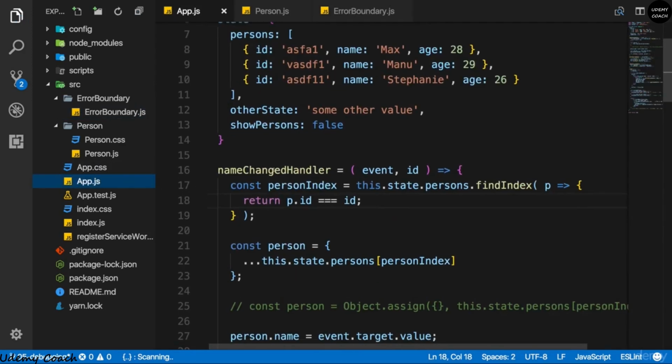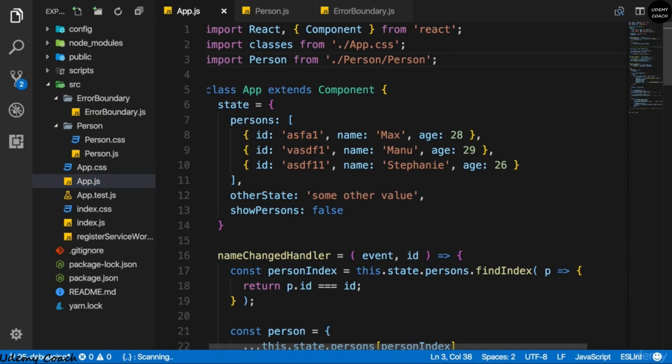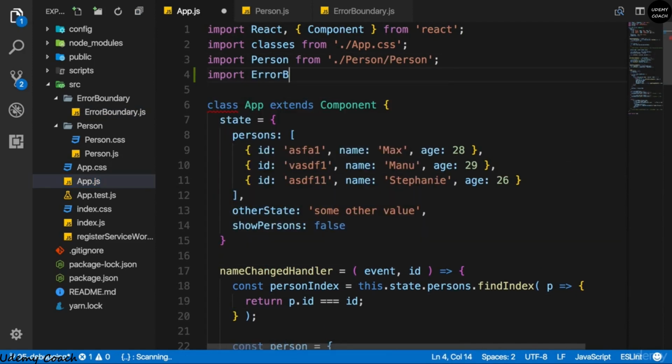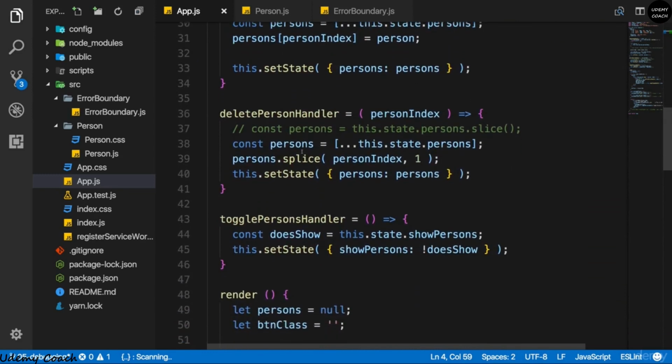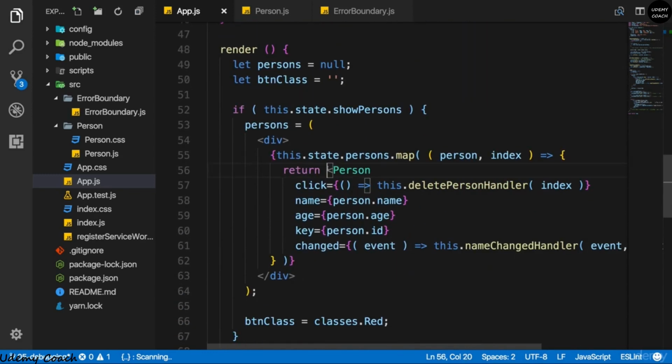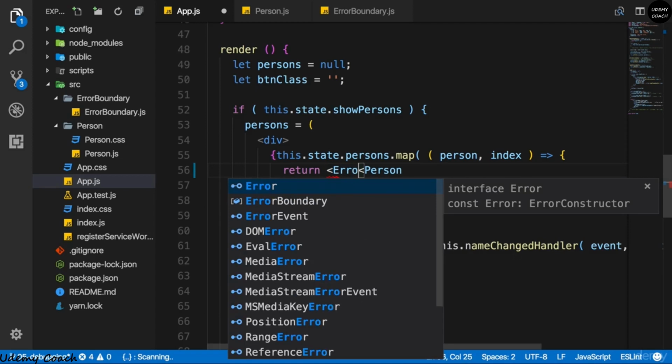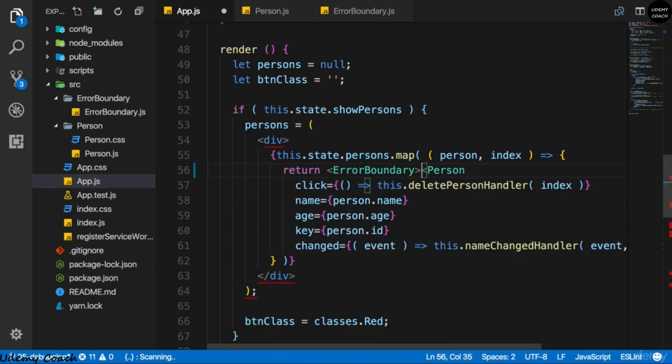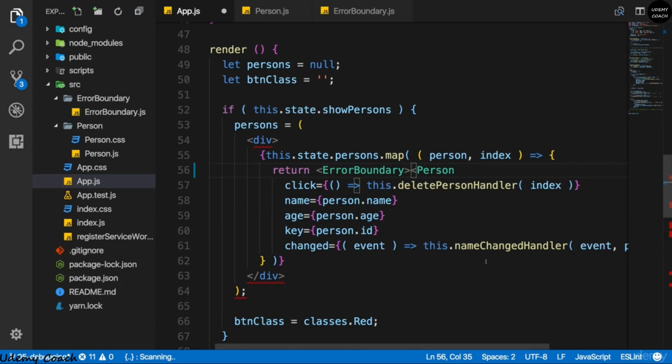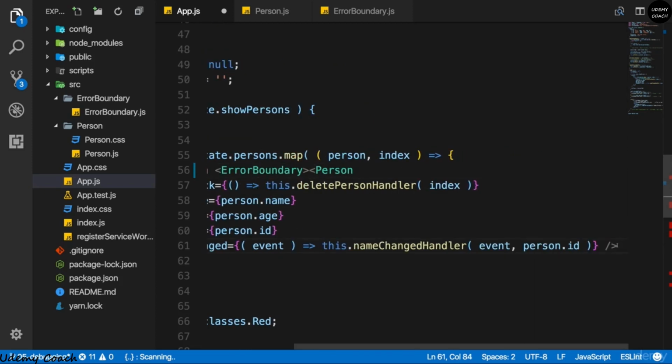I'll use it in the app.js file and wrap my person with it. So I'll import ErrorBoundary from /ErrorBoundary, that folder, and in there the ErrorBoundary.js file without the file extension as always. And let's now wrap our person with it. So here in the list where I return person, there I actually want to wrap it with error boundary, just like that. Also after the closing tag of person,